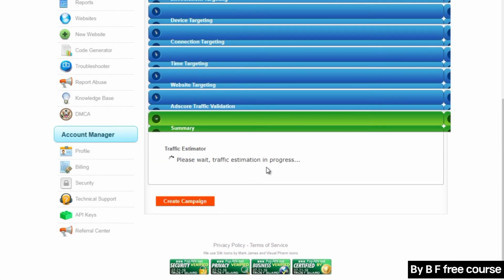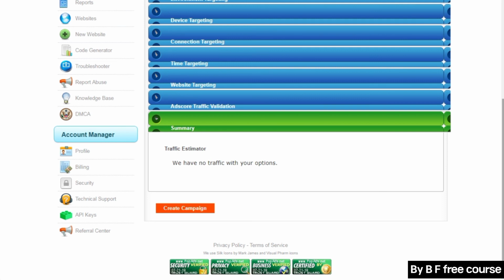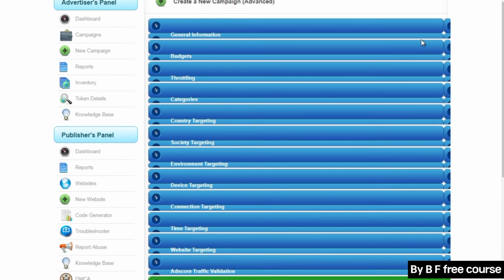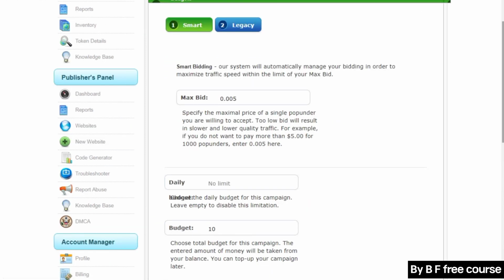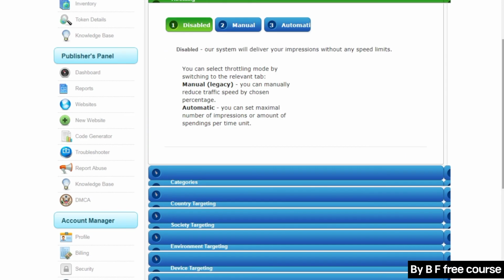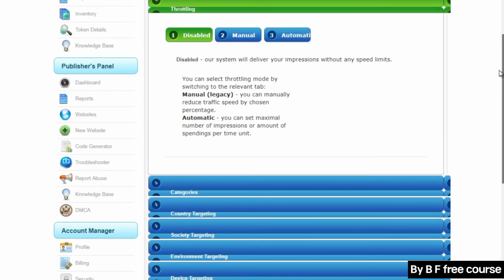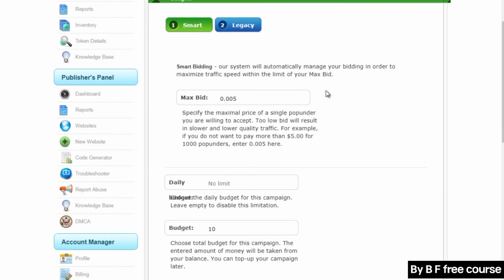Now you click on summary, and what this does is it allows you to see what the traffic options are, so how much traffic you're going to get. Now, bear in mind, when I went up here, I think there's certain things that I didn't fill out. But what it's going to do is estimate how much traffic you're going to get. Based on that, it'll tell you, okay, you're going to be 3rd place or you're going to be 7th place. And based on that, what you can do is change this and increase it up. So instead of 0.005, you could do 0.05, and then look at the traffic estimator and see where your rank position is.